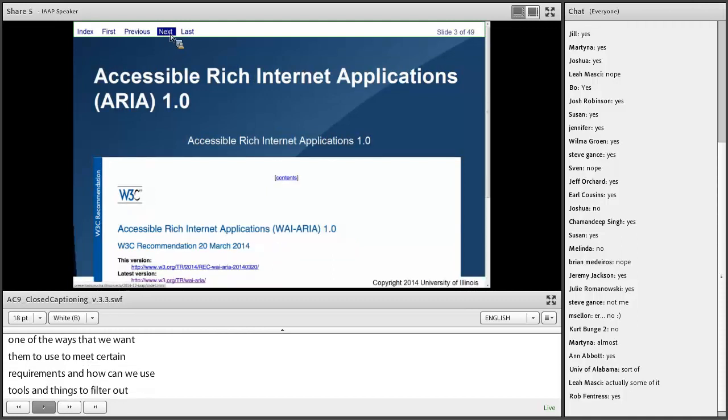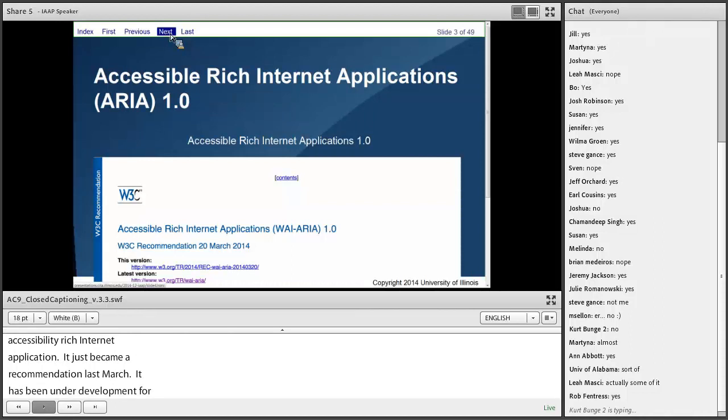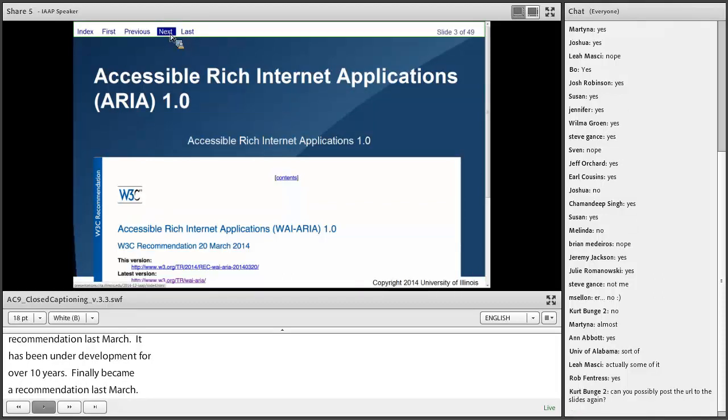Okay, one of the new technologies available, I'm on the next slide, slide 3 now, is Accessible Rich Internet Applications, which just became a recommendation last March. It's been under development for over 10 years. Finally became a recommendation last March, and they're working on ARIA 1.1. ARIA technologies are being applied, but I think the big important part of,